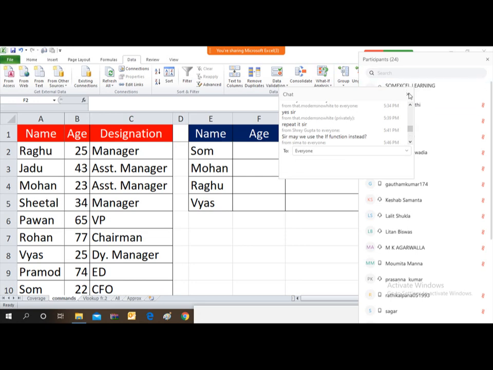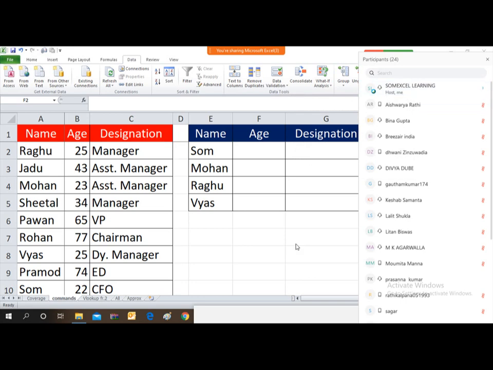Okay, friends. So let's wrap up for the day. So we'll come with a big bang topic tomorrow, and we have very useful topics left, like usage of logical formulas. There are a number of logical formulas, like SUMIF, COUNTIF, and then IF function, IF and OR, IFERROR.